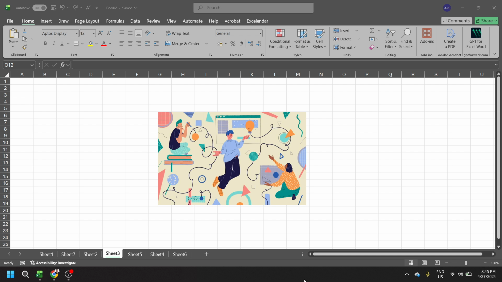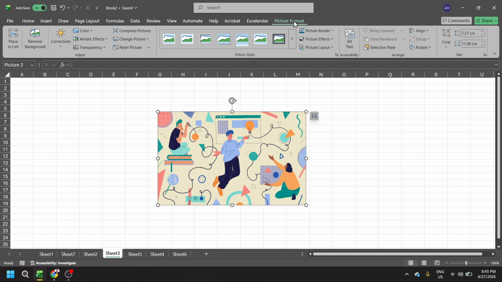First, make sure the picture you want to edit is selected. Click directly on the image in your worksheet. When it's selected, you'll see small circles or squares around its border, and a special tab called Picture Format will appear on the ribbon at the top. If you don't see that tab, click the picture again to confirm it's selected. This step is important because all the tools we need are only available once Excel knows you're working with an